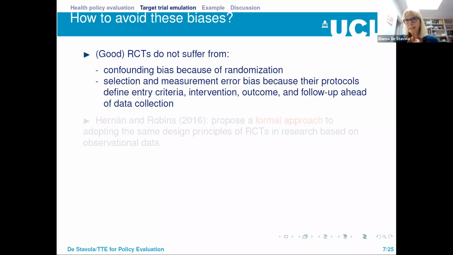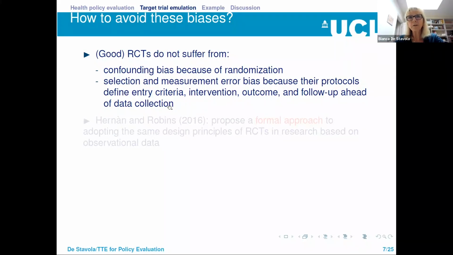They define clearly the intervention or the treatment a priori, before the data are collected. So there isn't this problem of mishandling of the timing of the intervention. There's a clear definition and measurement of outcome and follow-up. And all of this, most importantly, that's what I want to stress, is done